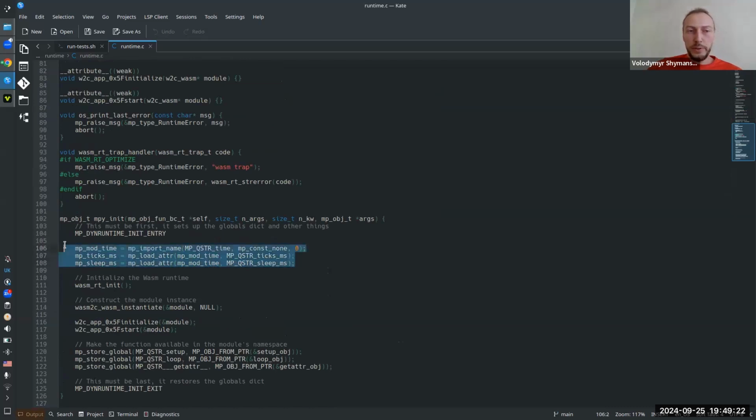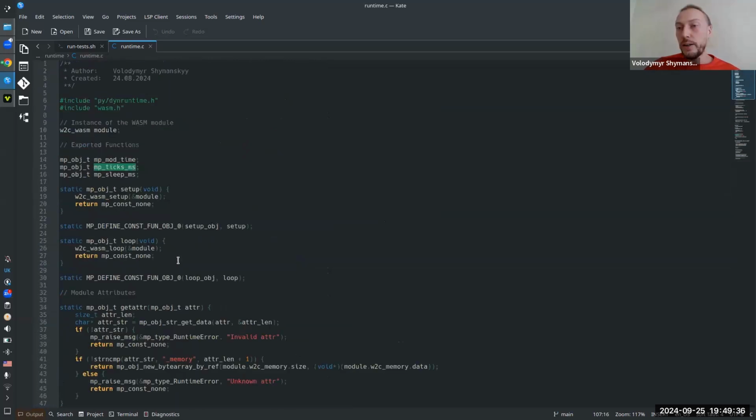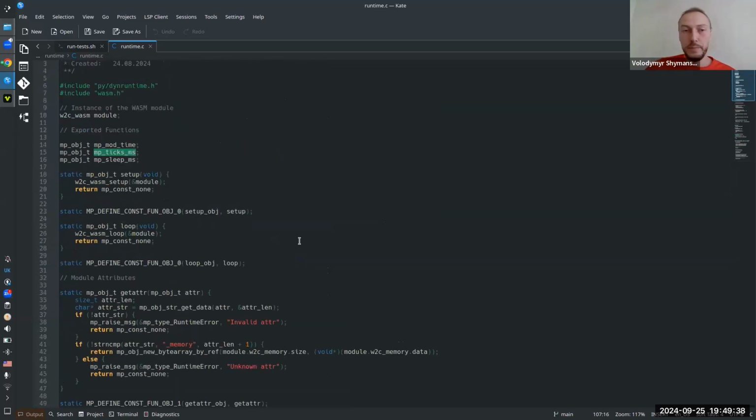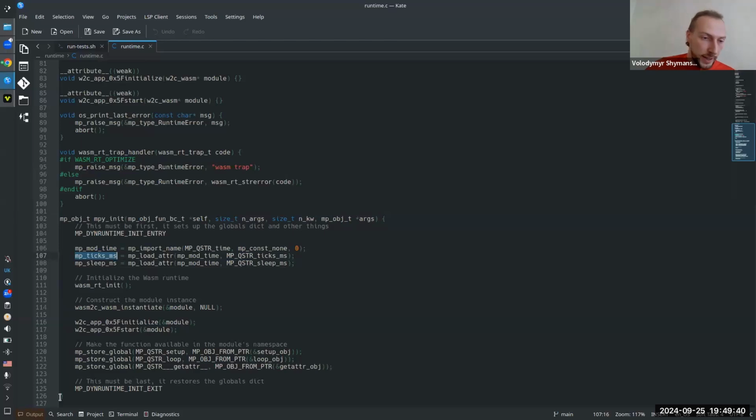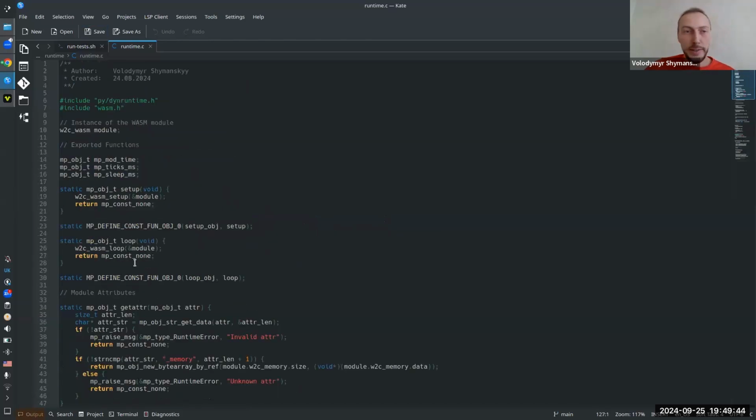I do a dynamic import of the time module, grab the sleep function and the ticks function from there, and then use these to provide the required functionality to my wasm app. So this whole file is like 128 lines of code. I like this number.